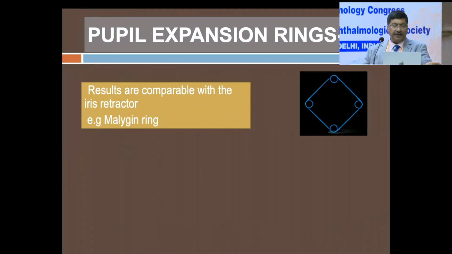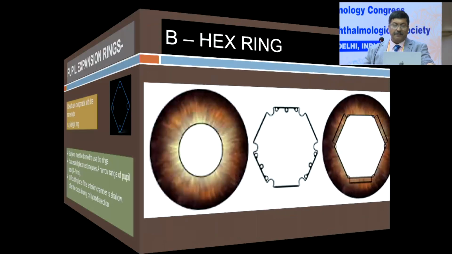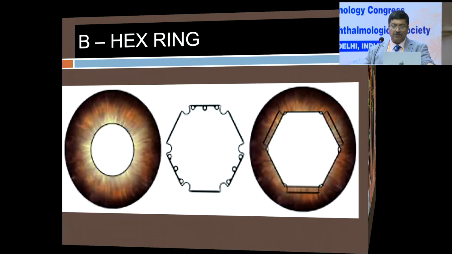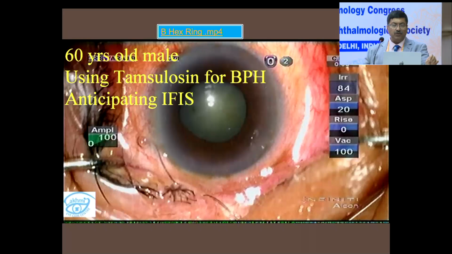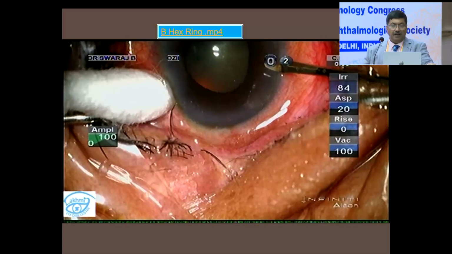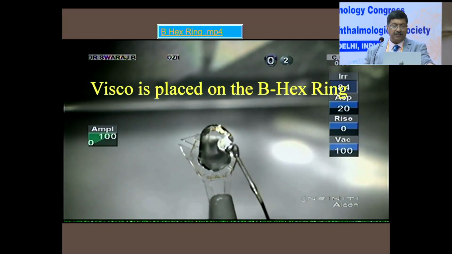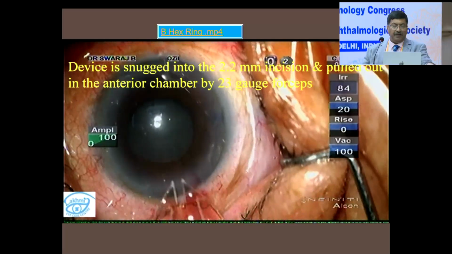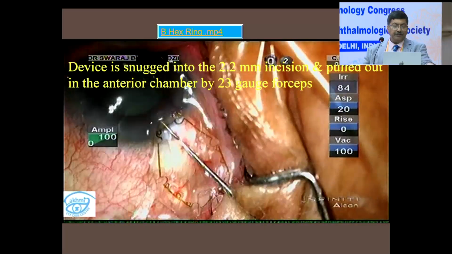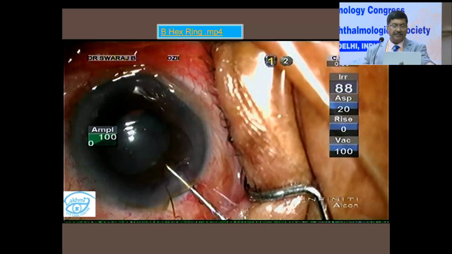Pupil expansion rings like the Milligan ring, I'm not going into details of it. Then the B-HEX ring, which is most commonly used nowadays by us. A 60-year-old male using tamsulosin for BPH. Here in this case also we are anticipating IFIS. Here, after a long corneal tunnel, we are using a B-HEX ring, and this has been introduced with a 2.2 millimeter incision